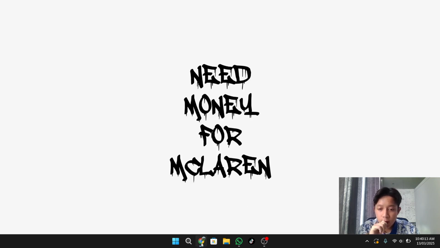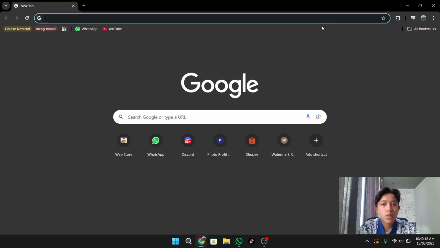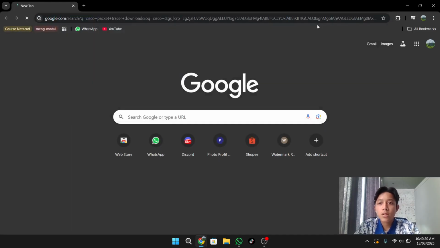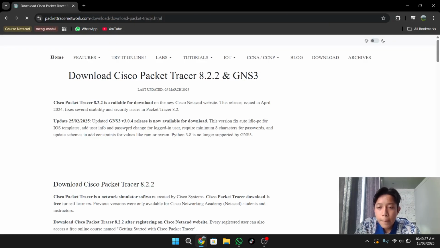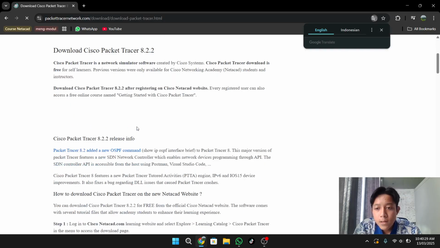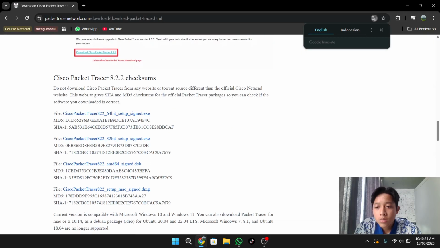For the steps, first you open your browser and type Cisco Packet Tracer download, and you can download it from this website. You can download it for your operating system, 64-bit or 32-bit, here.